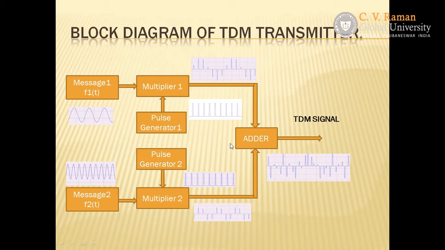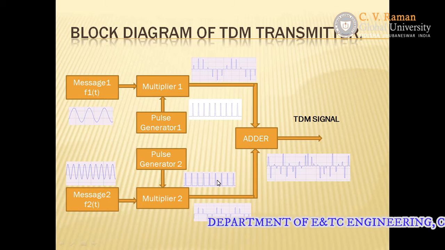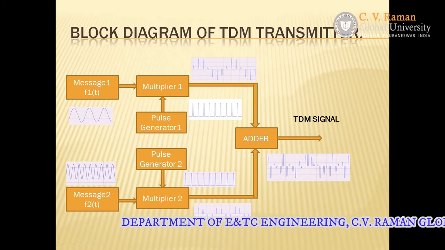And you have to clarify here why there is no overlapping between the two samples, and that will be a question for you. And again I am telling you, you have to also see here what is the difference between these two trains of pulses. That is the important parameter here.